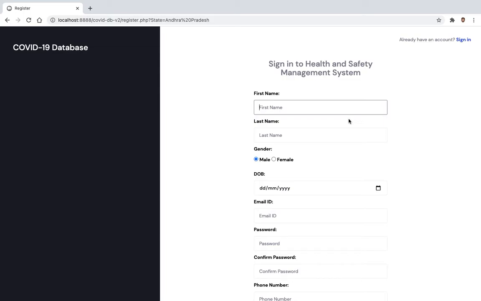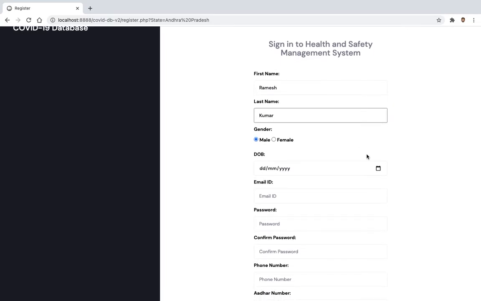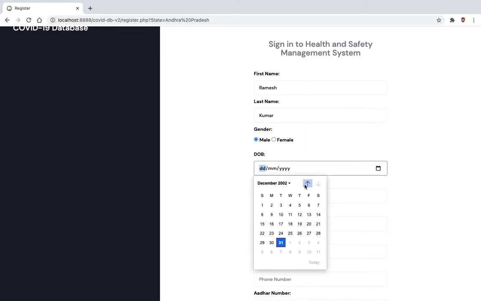So first we'll have to enter our basic details such as first name, last name, gender, date of birth. Let us enter that. We can choose the date of birth from this pop-up calendar.